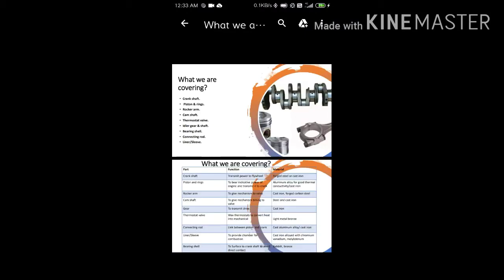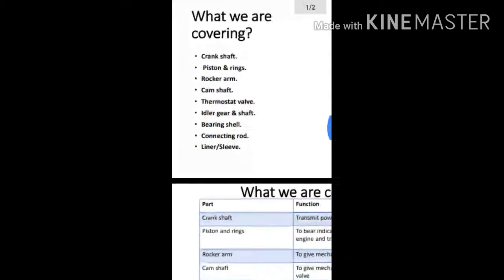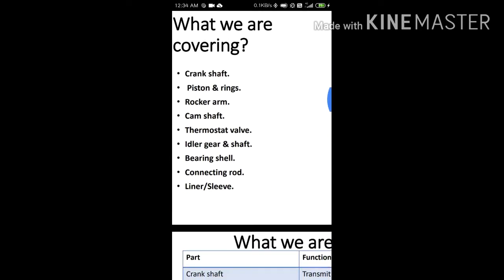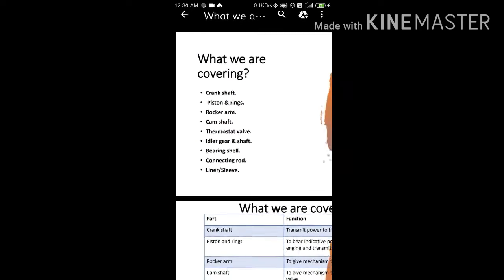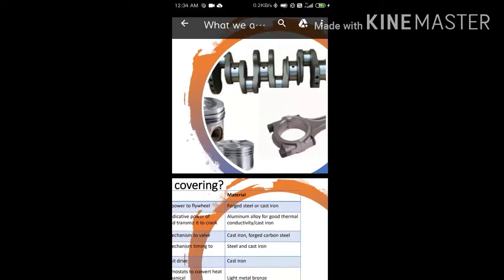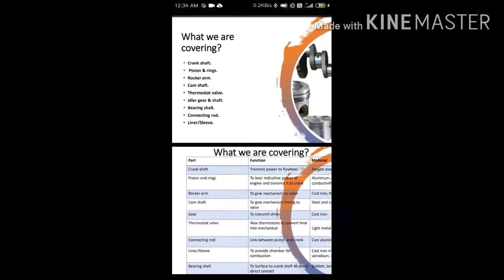Okay, so let's start with some introduction of what we are covering in this video. I'm zooming it out. What we are covering is crankshaft, piston and rings, rocker arm, camshaft, thermostat valve, idler gear and shaft, bearing shell, connecting rod and liner. We are going to cover what materials these components are made up of and what their properties are. You can see it in the next slide, and you can zoom it out